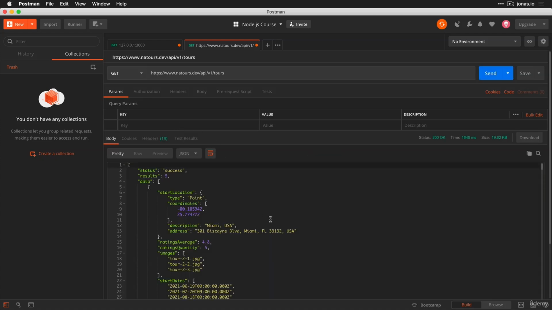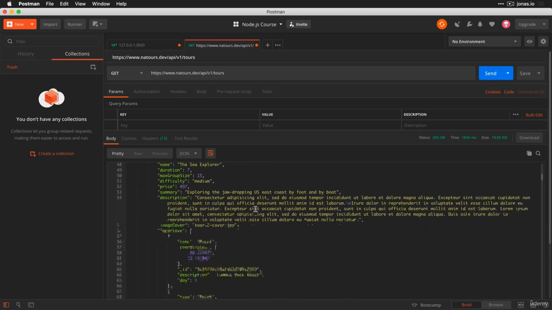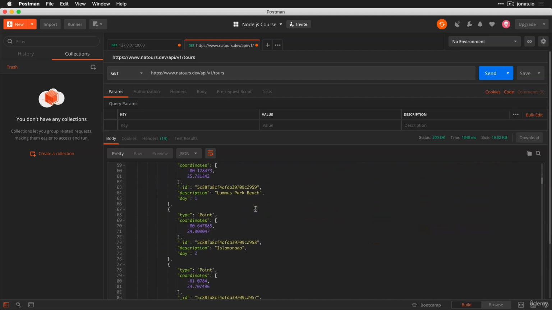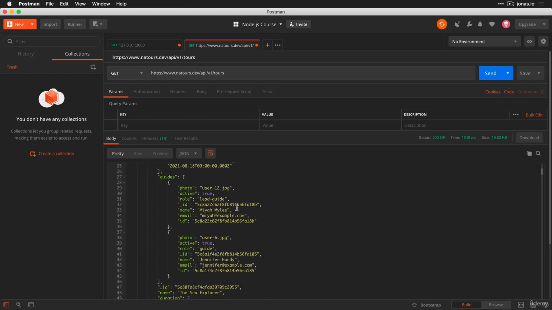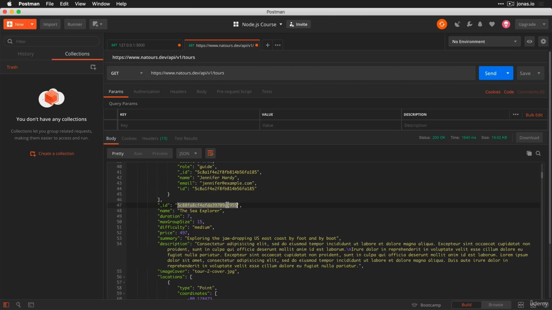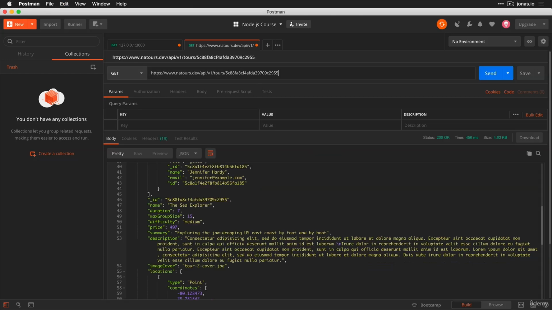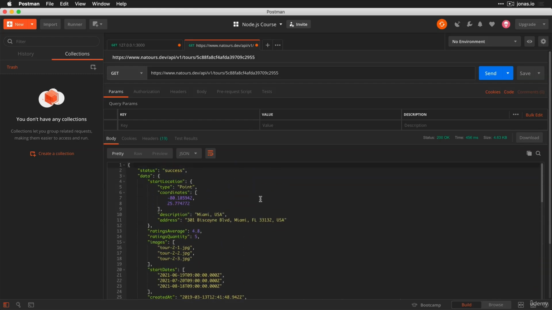So we use the GET request, and then we get all of these different tours, right? So again, the exact same tours that you saw on the graphical interface, so on the rendered website before. Okay, we can then also go ahead, take the ID, and request only that ID, so only that tour for that ID. And so you see that now we only have this one here, with even more data than we